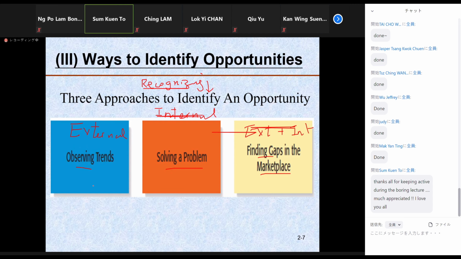Okay, so external, internal, and then it can be both. Okay, and later on in the upcoming next few PowerPoint slides, you know that as far as external is concerned, this is P